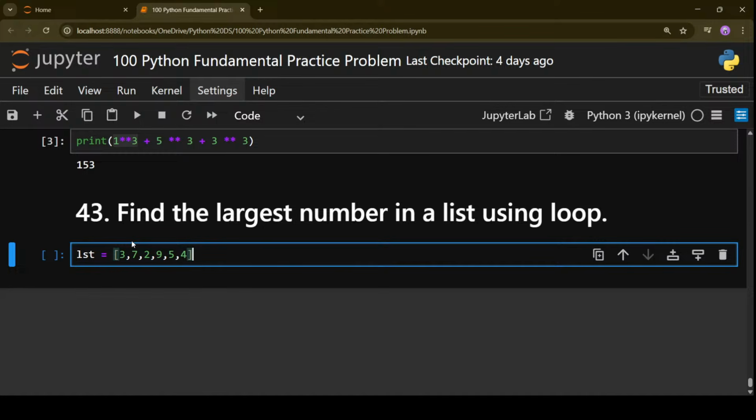Don't try to use a built-in function because then it will be easy, but try doing it using loops, so then you will feel some improvement. The main logic will come when you try to use the loop. There was one question in the chat, but I guess it is deleted now.